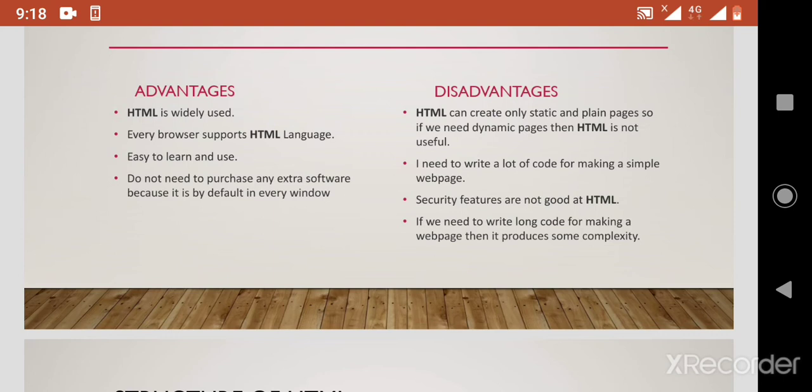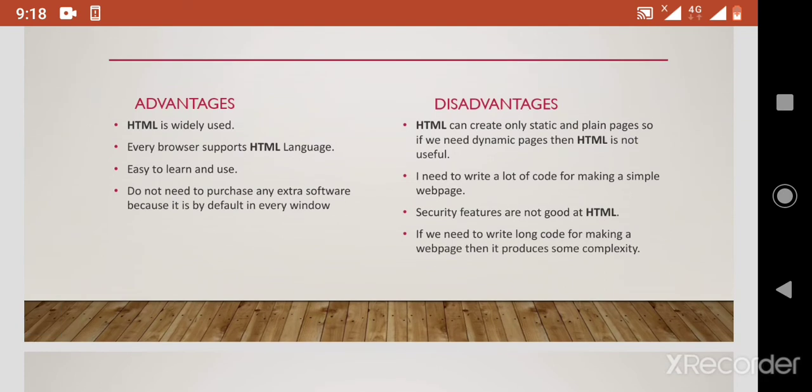It is mostly used to design a particular website. It is a basic language, very easy to use and easy to learn also. To learn this specific language, we do not require any software of high cost. It can be implemented in any of the text editors.